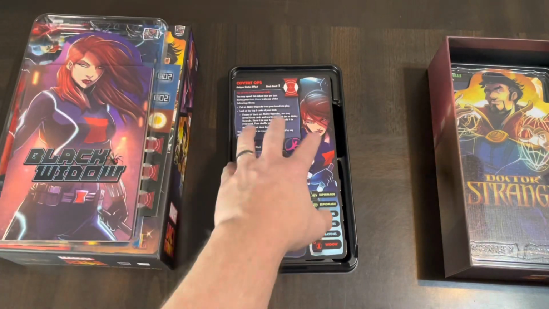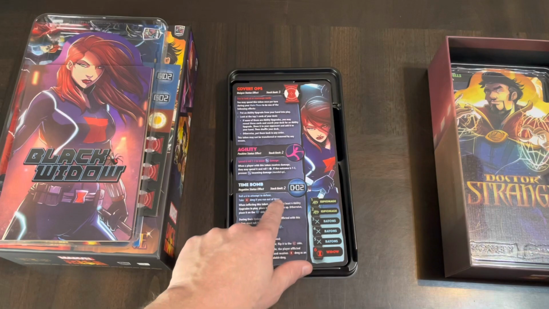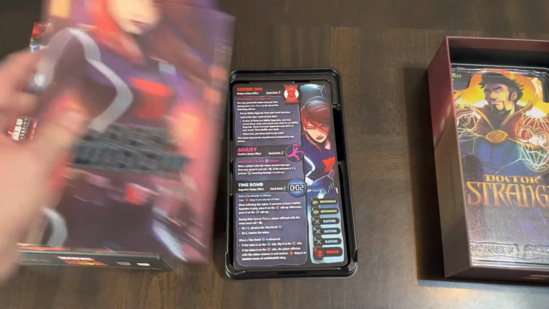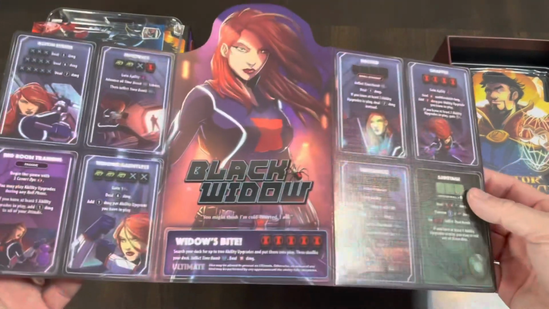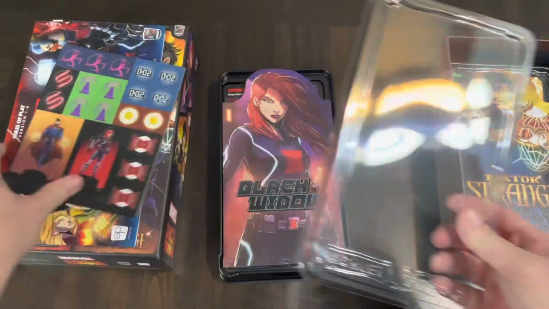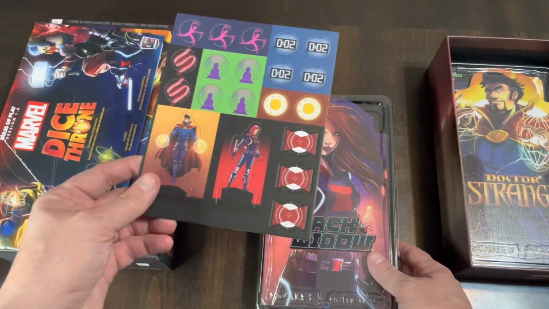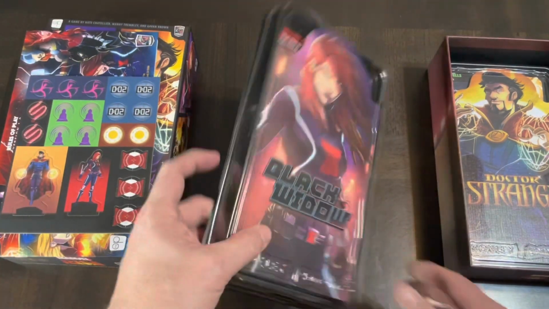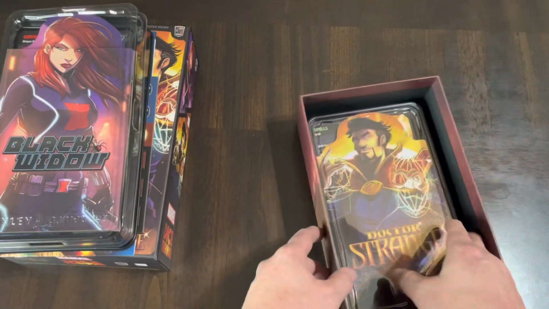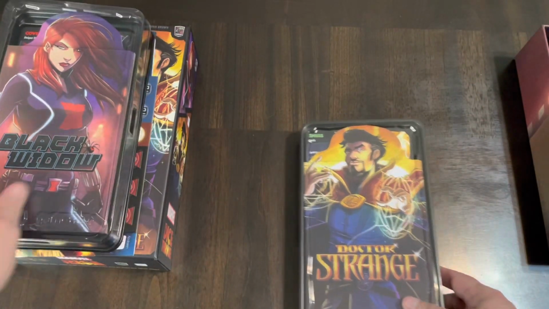The learning curve is right here. It's these different abilities, these different tokens, and the different boards, because this is where your choices are on this board here. So that's Black Widow. I need to punch out her tokens and then put them in here, and then she is good to go. And all I need to do now to play her is just grab this out, and I can play it